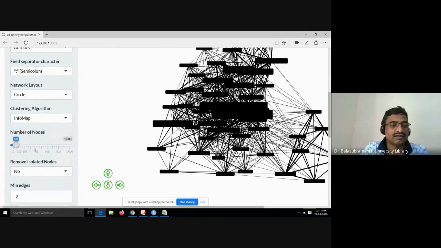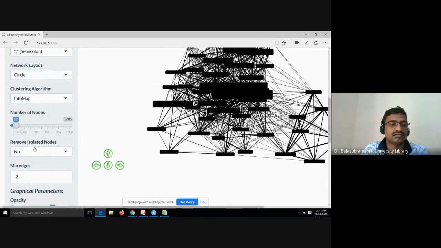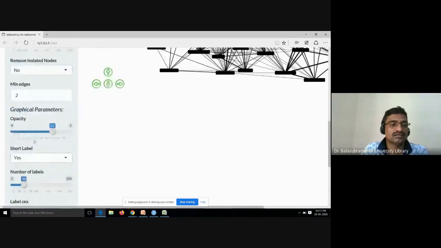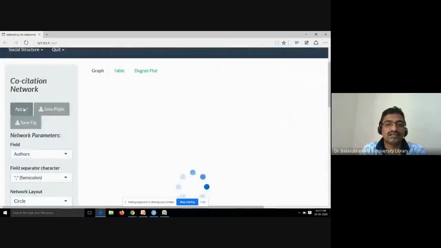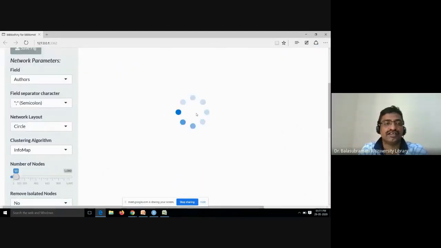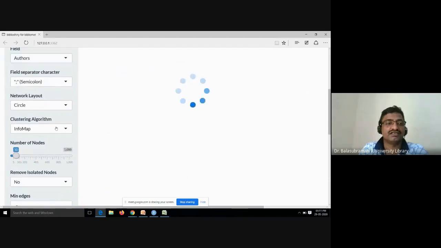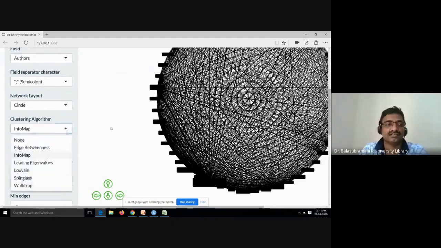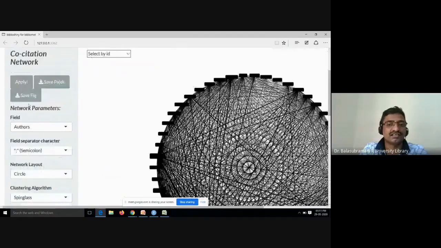Then apply. You can see the result. This is for clustering algorithms. Yeah, a lot of algorithms are also there. Just you can see the algorithms. Spin glass, right?